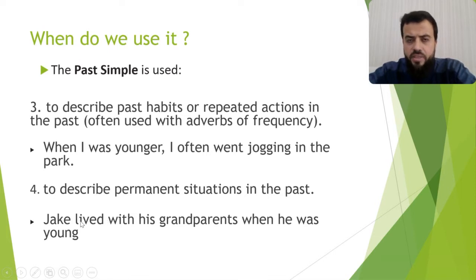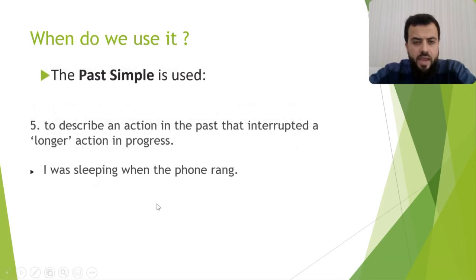To describe permanent situations in the past, Jake lived with his grandparents when he was young. So, like the present simple, permanent situations, but these permanent situations are in the past, and that's why we use the past simple. And finally, the past simple is used to describe an action in the past that interrupted a